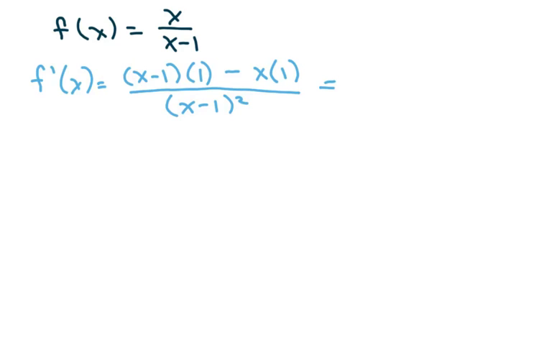And that's going to equal x minus 1 minus x over x minus 1 squared, which equals negative 1 over x minus 1 squared. Now we're going to take the second derivative of that,